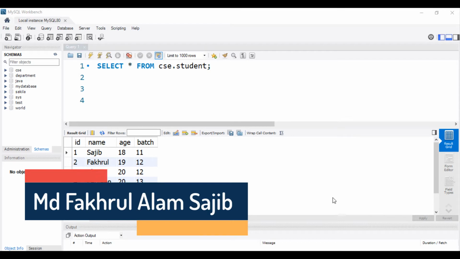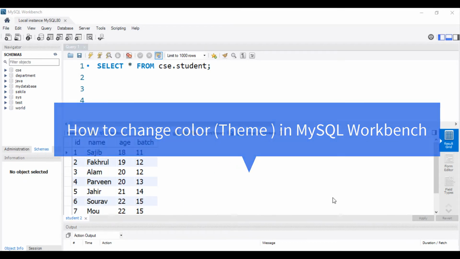Today we are going to learn how to change color